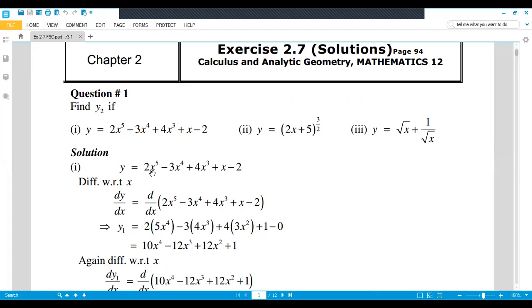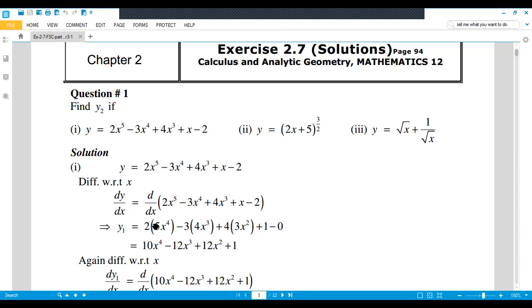So you are given y is equal to 2x power 5 minus 3x power 4 plus 4x cube plus x minus 2. So differentiate with respect to x. So what do you get? dy by dx, the derivative of this given function. So you know that 2 is the coefficient, so the first derivative is represented by y1, and when you take the derivative of 2x power 5, so 2 as it is and x